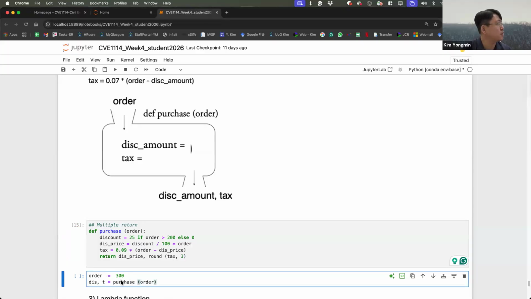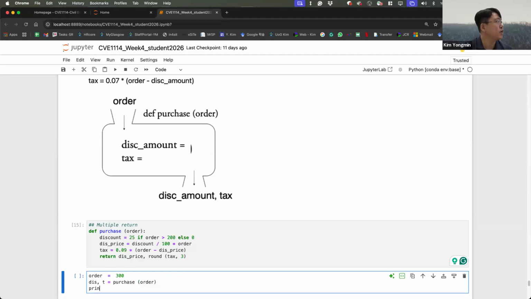I put purchase as the name of the defined function. You define it and put order. This order goes to here. This function records this and returns the discounted price and tax. Discount price goes to here, tax goes to here. It returns two outputs.